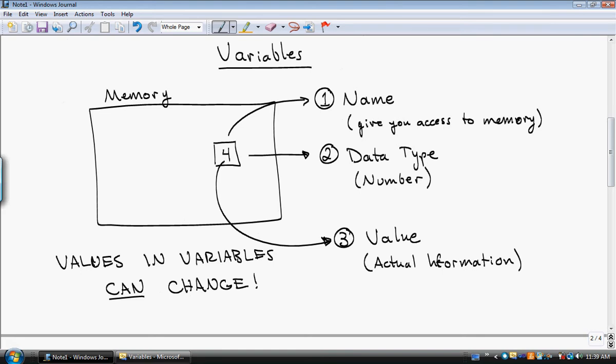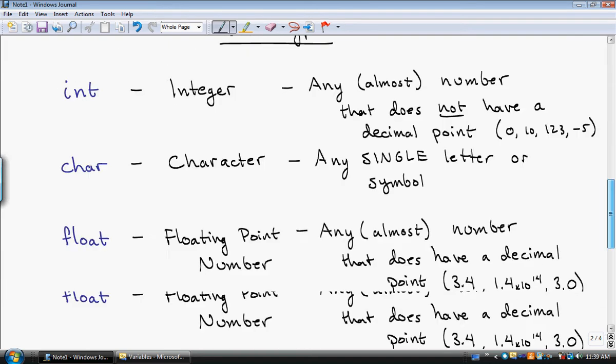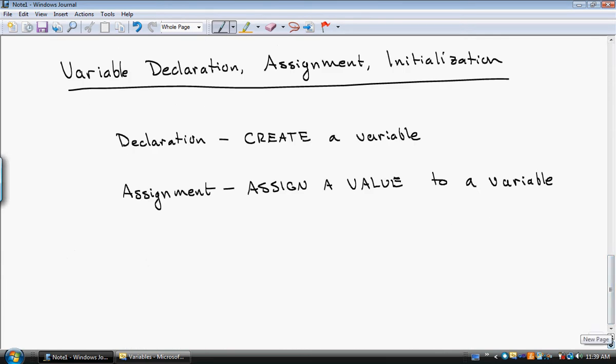If we just create a box, it doesn't have a value. C++ cannot guess what needs to go in that box. It will not put something there for us. Assignment is everything about what we do when we're writing variables, and without it, it would be useless. So in order to use a variable, you have to create it. And then if you want anything useful to be inside that box that you were given, you have to assign